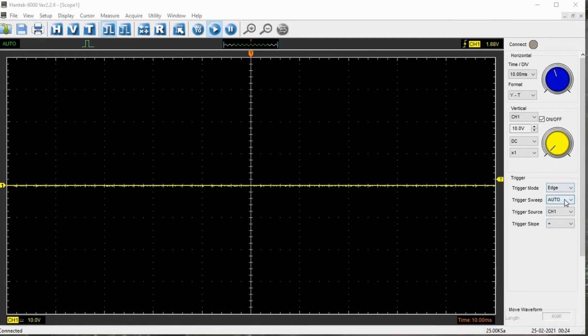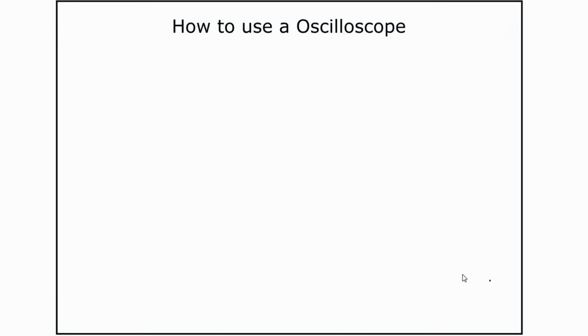In this trigger sweep, we talked about auto and manual. There is something called single. So now let's talk about this. This is a mode that will be used when you want to capture a moment. There is some transition happening, and during the transition you want to capture all the waveforms. Then you can use this mode. I will show it for a button press. What I have done here is, I have a 12 volts line, I have a pull up resistor like this, and I have a push button here which I will be pushing, and this is connected to ground.